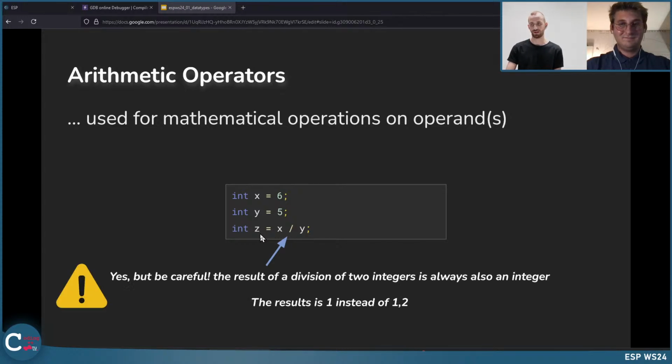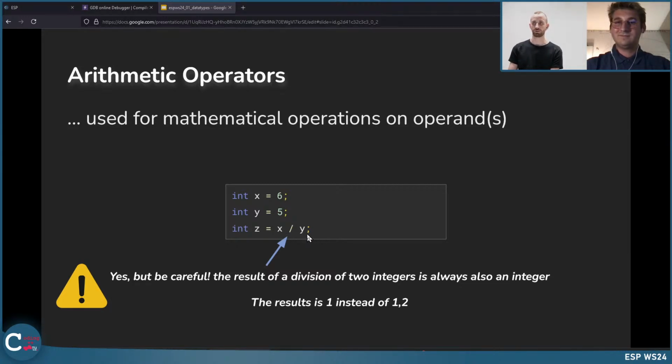You will have problems in this case, because even if you write float here because you want the result to be a floating variable, it will be just 1 and not 1.2, because you are dividing an integer by an integer.